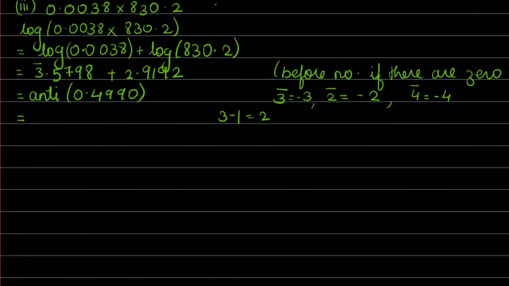The value we get is 3155. Simply add a point after one digit, and the remaining value is 0. So how are we going to write it? In the form of 10 to the power 0. And we know that anything raised to 0 is 1. Okay? 10 raised to 0 is 1. So the final value is 3.155.